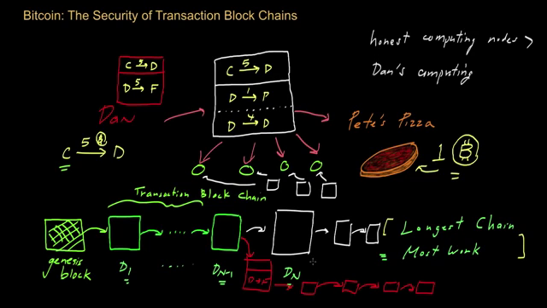You might remember that Bitcoin miners who solve proof of work puzzles get both a reward for succeeding, they get some number of Bitcoins, and they also get a transaction fee for all the transactions in the block that they validated. So there's this economic incentive for Dan to behave honestly. And so maybe I should just recap in closing the video that the security of Bitcoin transactions comes from, first of all, this mathematical barrier that makes it hard for Dan to thwart the transaction blockchain in a dishonest way, as well as an economic incentive for Dan to just act honestly and mine Bitcoins for himself.